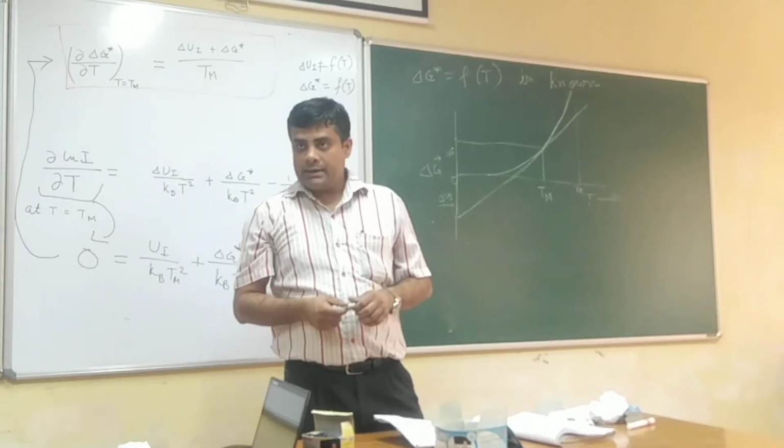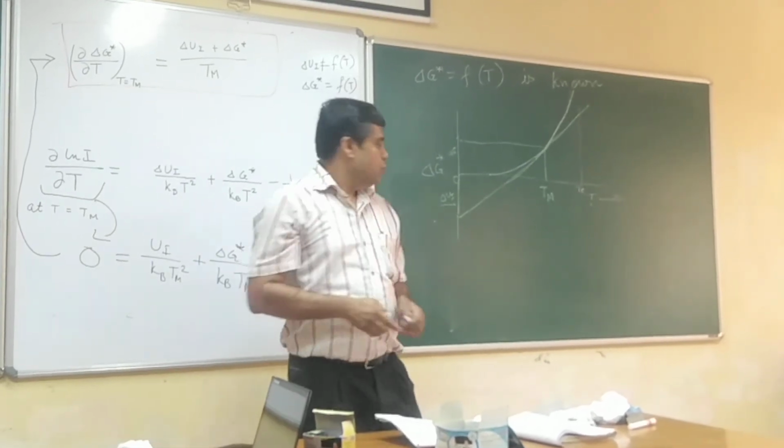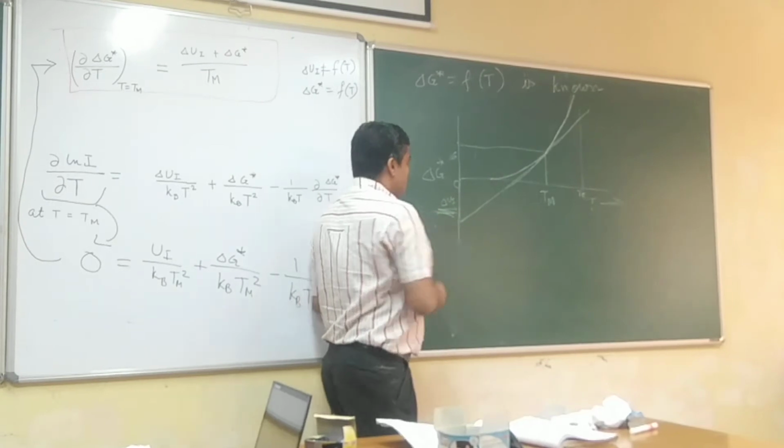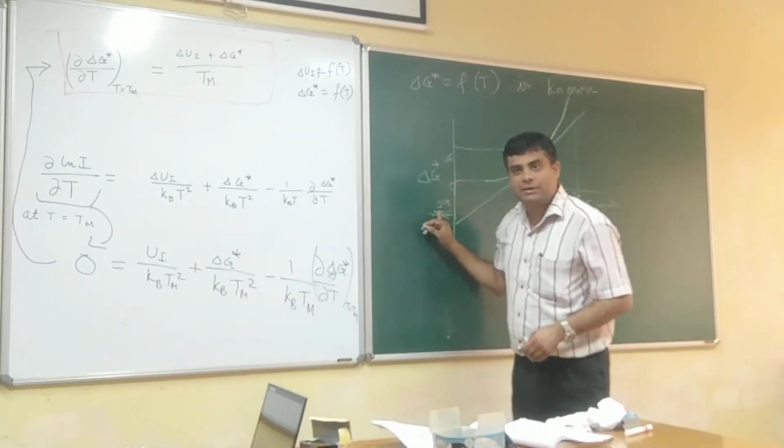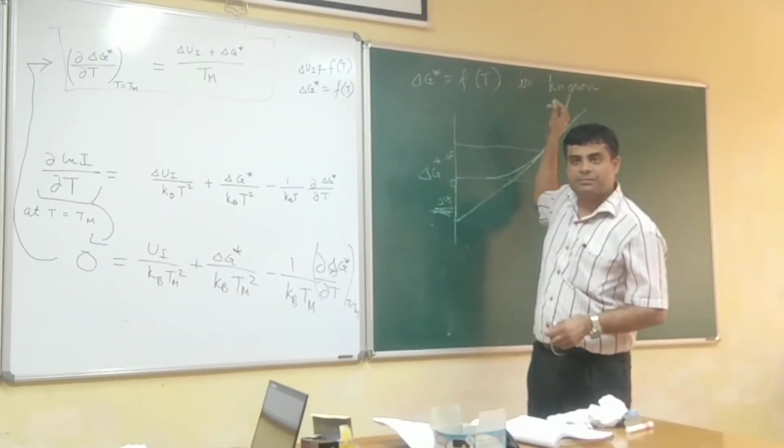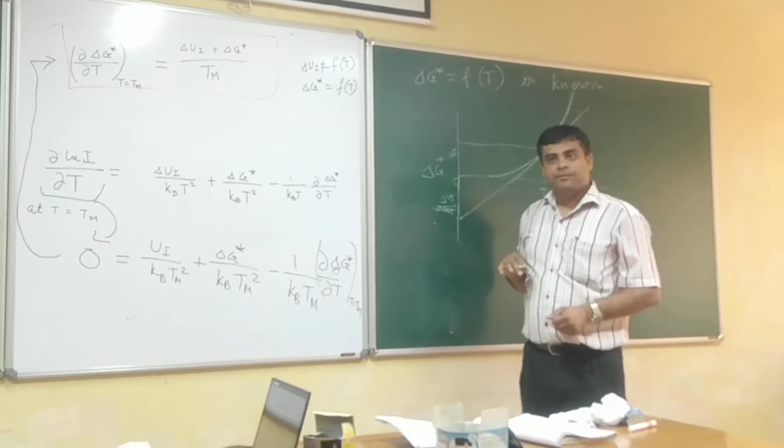We are finding Tm with the knowledge of delta Ui and delta G star as a function of temperature. From this point of view, to find Tm,